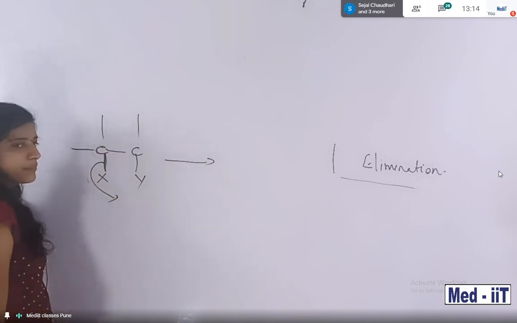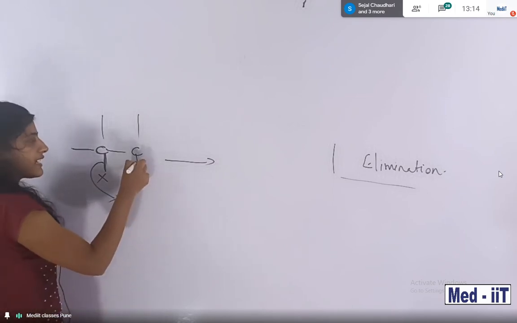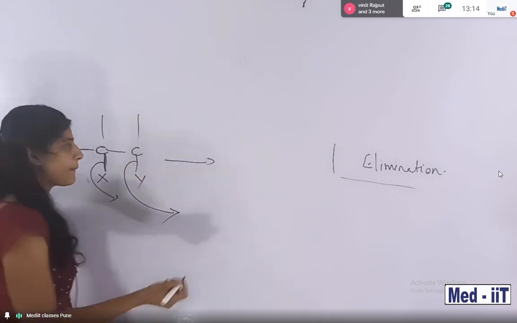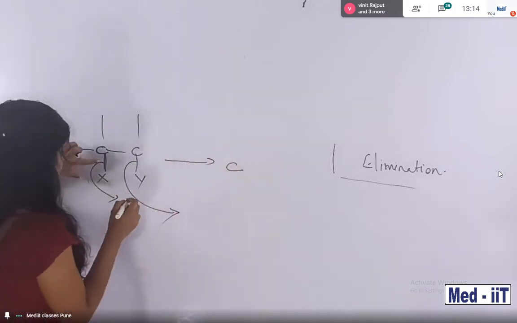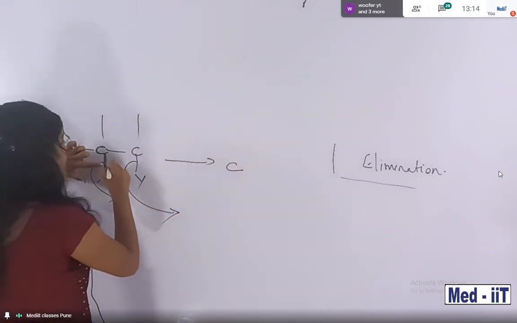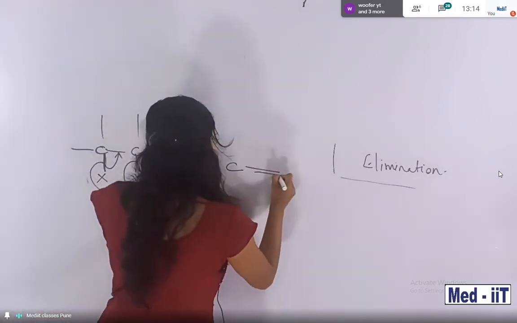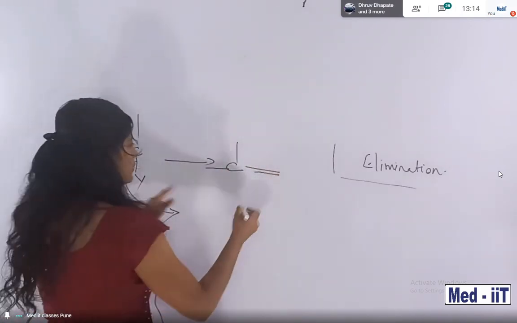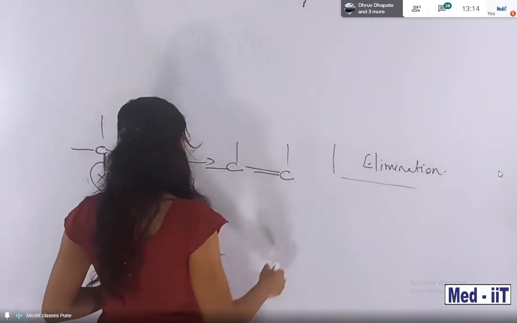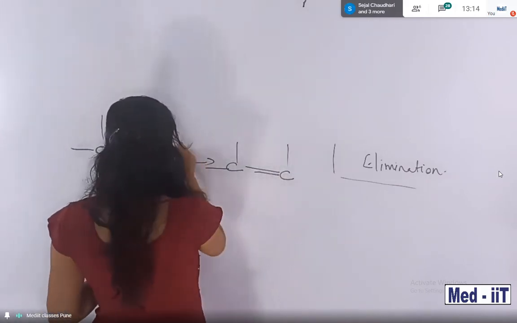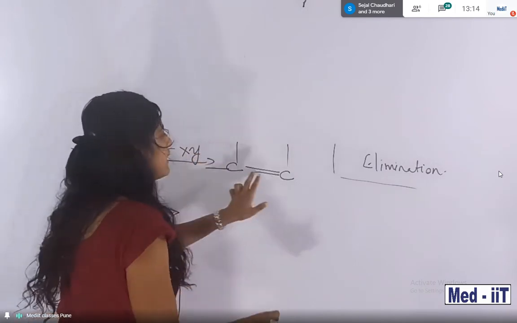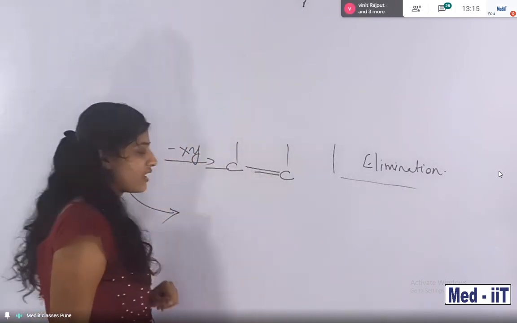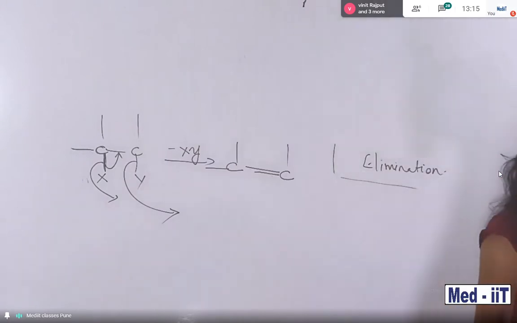This is still there. So X plus is removed, but the entire Y is also removed. What happened? This bond will shift to here, so double bond between 1 and 2. Then this carbon here is also there. So X and Y minus, X to Y. What happened? A double bond is created. So this kind of reaction is called an elimination reaction in general. In the elimination reaction, a single bond is converted into a double bond.